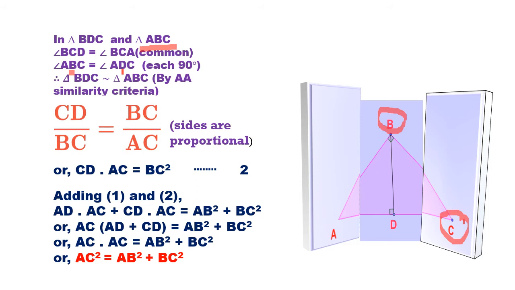Because of the C, these two angles are equal. I also mentioned that you need not even see the figure. You can see here also C is there, and in this bigger triangle also one C is there. Now you just write down the similarity criteria: by AA similarity criteria, both these triangles are similar, and the next step is also the same as we did in the previous case.